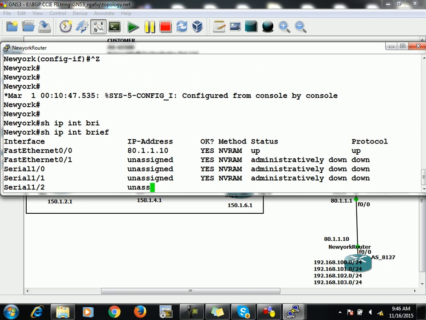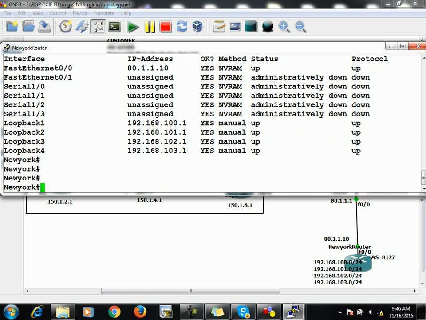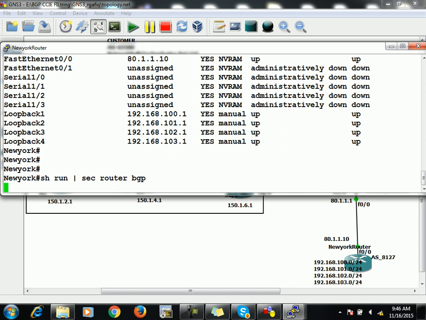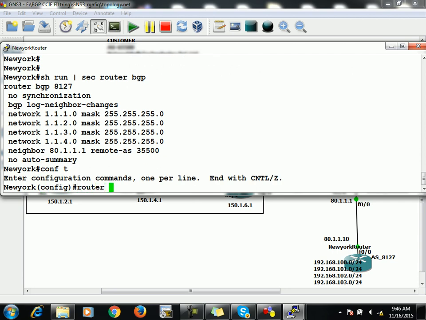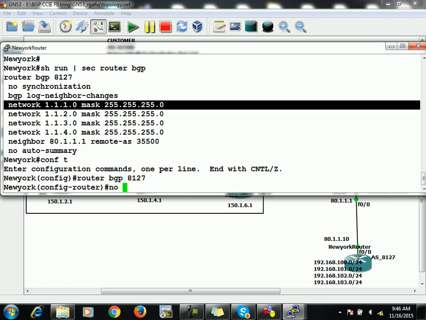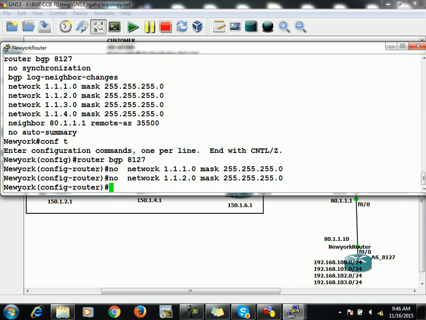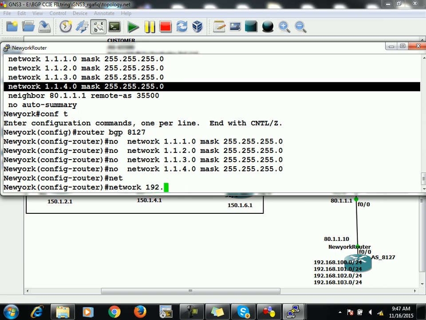So show IP interface brief, you can look at here, and you will find all these 4 loopbacks are available on this New York router. Fine. Then after, you can look at show run pipe section router BGP. I mean, you can look at the configuration of BGP. In BGP, we advertised 111 and 112, so I have to remove all those commands, because these prefixes are no longer available in its local routing table, right? So I will be saying network